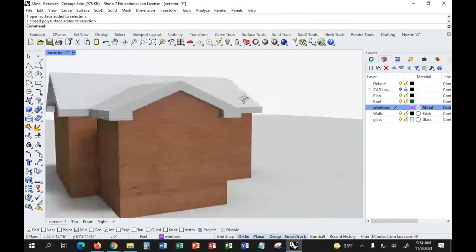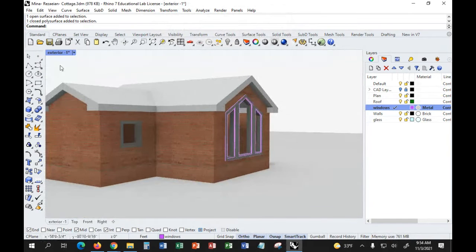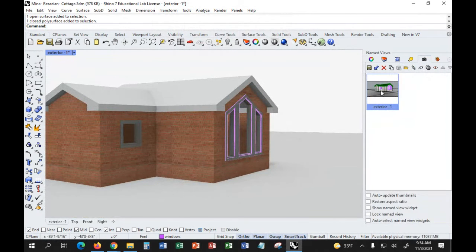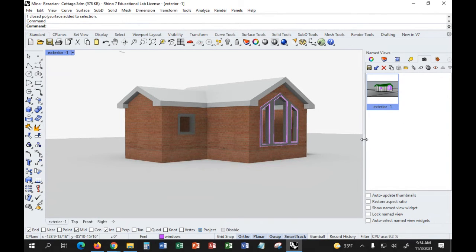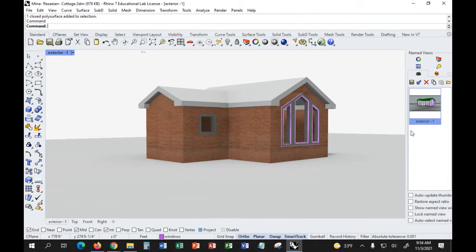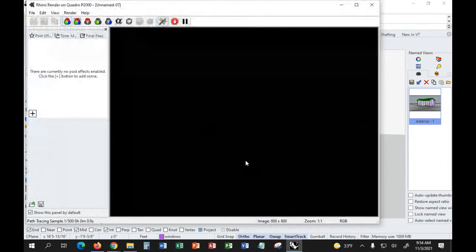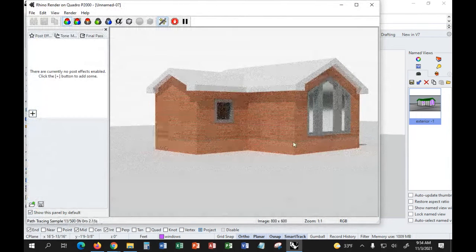Now, I already orbited around my view, and the good thing about it is that I saved that view first, and I can go back and the camera moves exactly where I set it up from the beginning, and I can render this again. So now we added some material. It might take a little time